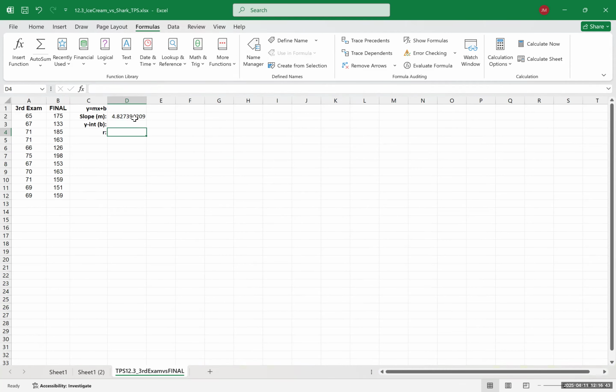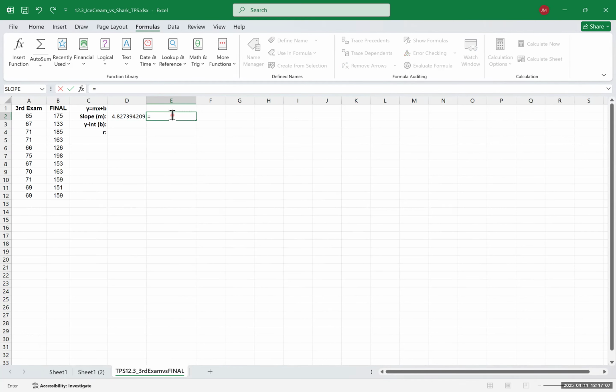Now, I think it's easier, especially if you're learning, to go to the formulas menu and look at the formula this way. Let me share something. When you get good, you don't need to always go to this. So for example, if I knew the function, what I wanted was slope, I could have just hit equals and then started to type the word slope. Okay, and so you can see it kind of auto-populates the function that I started to type. So if I click that,